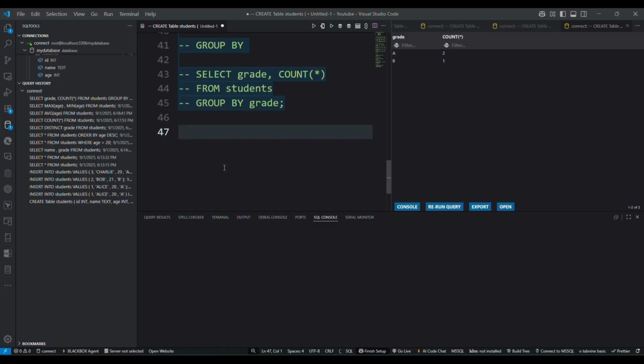So most real world databases don't just have one table, they have many tables that connect to each other. Let's see how joins work by creating another table called courses.